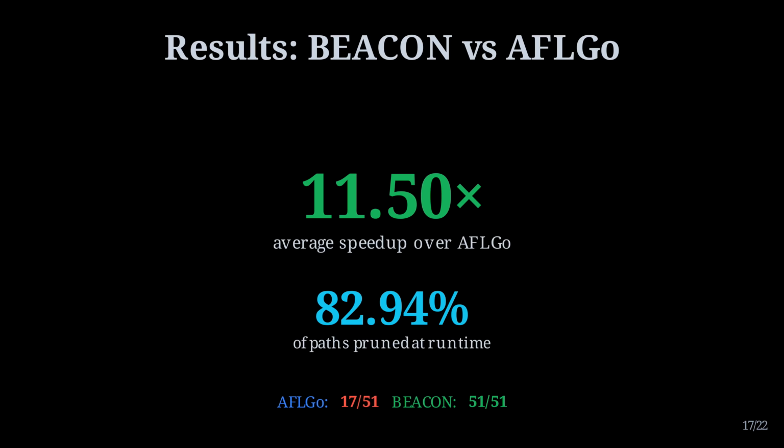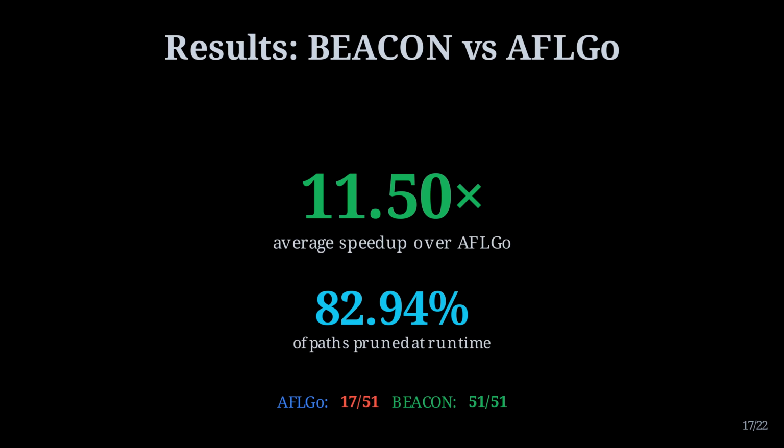The static analysis cost itself is manageable. For smaller programs like Ming, it completes in under a minute, and for the largest programs in the benchmark like libav, it took about 4 to 5 hours, which is significant but still a small fraction of the 120-hour fuzzing budget. The authors also compared against Hawkeye using benchmarks from Hawkeye's own paper, and Beacon outperformed it as well, giving anywhere from 3.6 times to 5.7 times speedup on CVEs 4491 and 6131 respectively, with all